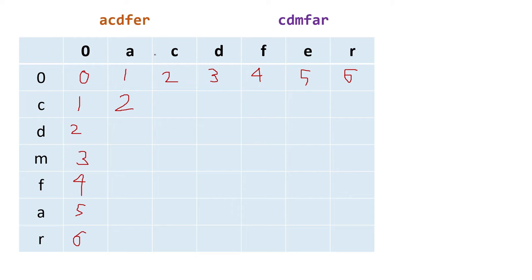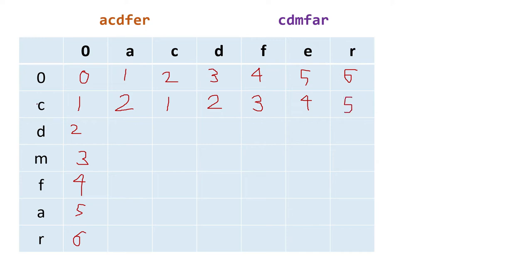If one string is AC and another is C, what do you have to do? C and C are matching. So if I delete only A, then it will match. So the deletion required will be 1. If ACD and C is there, at that time also C and C are matching, so A and D I have to delete. So that will be 2. For ACDF also, A, D and F I have to delete, so it will be 3. And for ACDFE versus C, A, D, F and E I have to delete, so 4 characters. And for ACDFER, it will be 5.